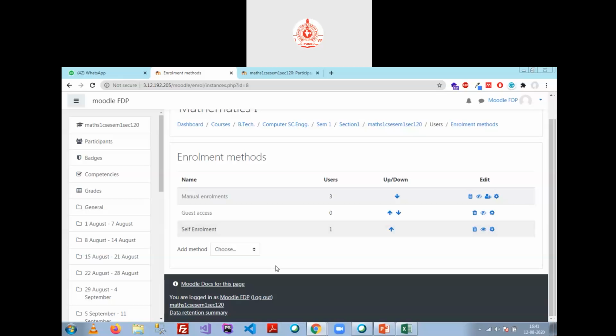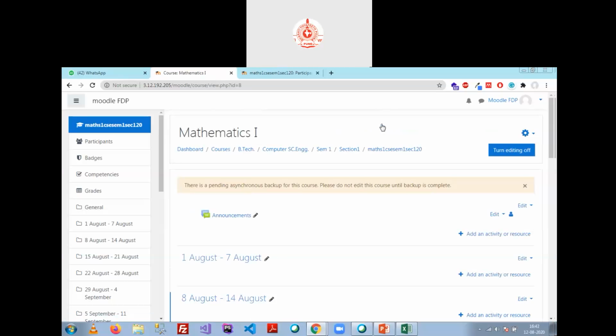Again, now the requirement is going to be a little bit changed. The change of requirement says suppose I come to the teacher and tell him, sir, I want to get enrolled in your course, but I don't know how I am going to enroll myself in your course. So kindly please allow me to enroll by the manual enrollment, and you just ask him his email ID or the username or the name of that person who really wants to get into the course.